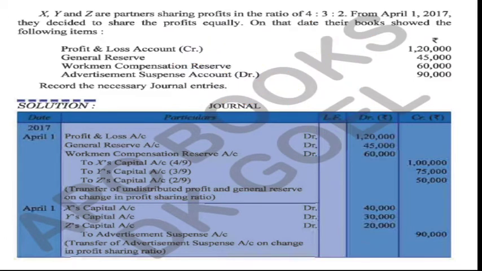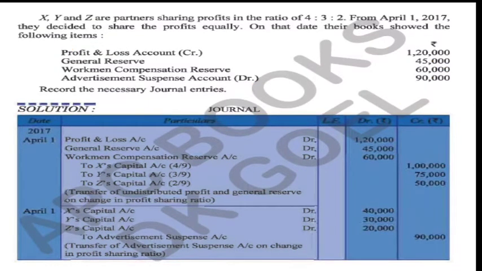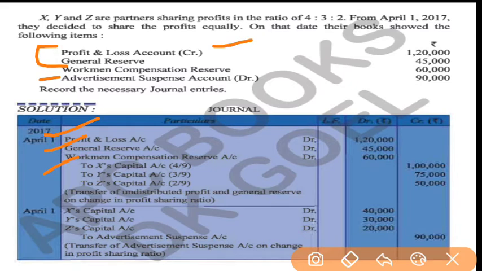So by this we came to know that the profit and loss account credit side will be debited because it is profit, and advertisement suspense account 90,000 is our loss. So we have three profits and one loss. As we had already learned, all the profits will be debited. So profit and loss account will be debited, general reserve will be debited, and workers compensation reserve will be debited. See, all the three accounts are debited. The amounts are also 1,20,000, 45,000 and